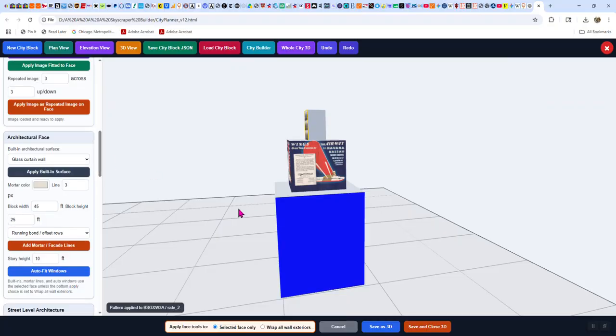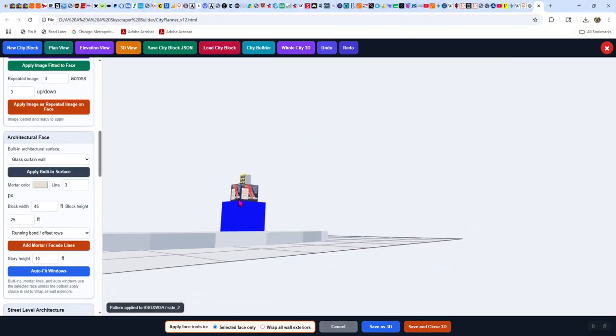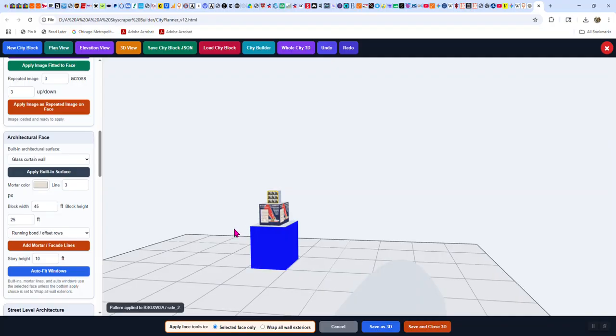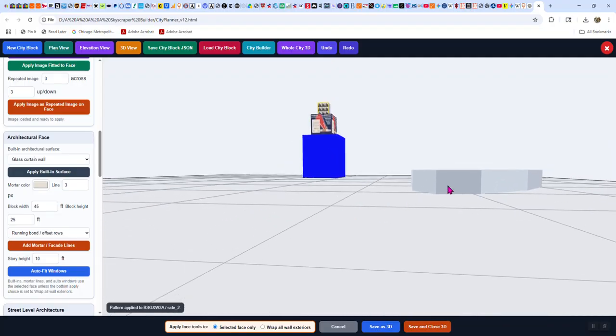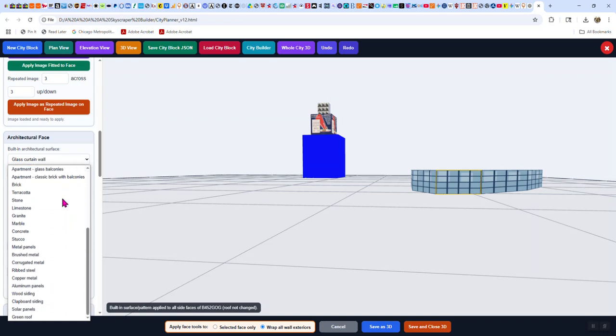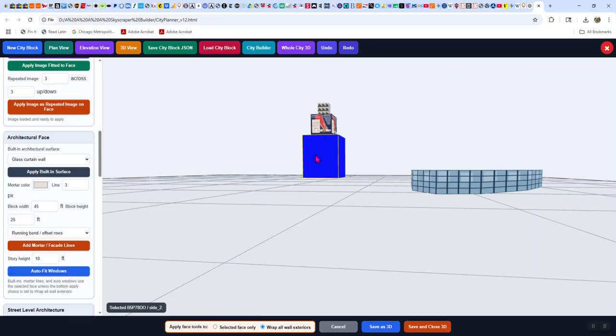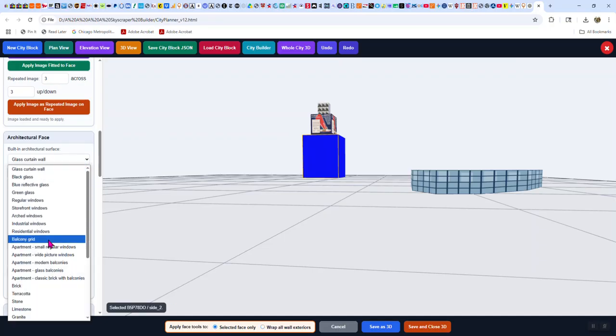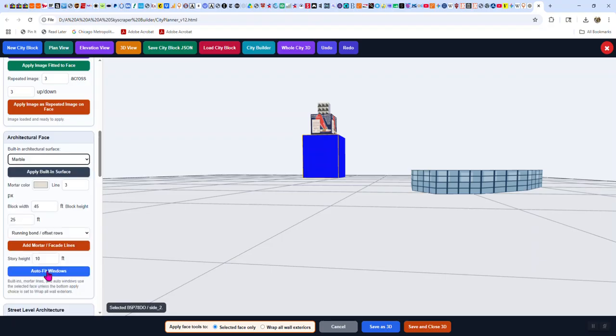The next thing, I put an architectural face. So I'm going to do that on one of the other buildings. Well, I don't have that many here. So I'm going to take this. I'm going to wrap, and I'm going to put a glass curtain wall all the way around. Okay. And here we have all these choices: reflective glass, apartments, brick, terracotta. Sometimes if you put on one like granite, it doesn't look right. Let's do single face only. And so if I do, let's try one of the stones, marble, apply to surface. Yeah, see, that doesn't look right.